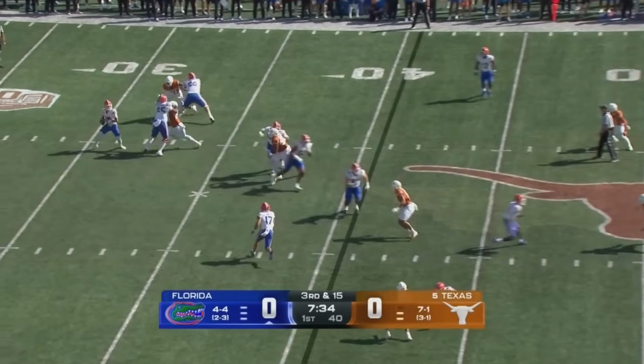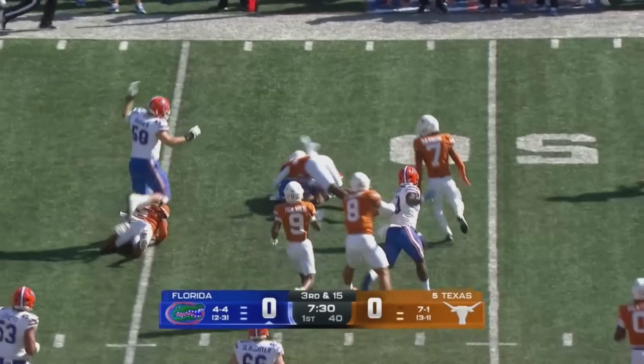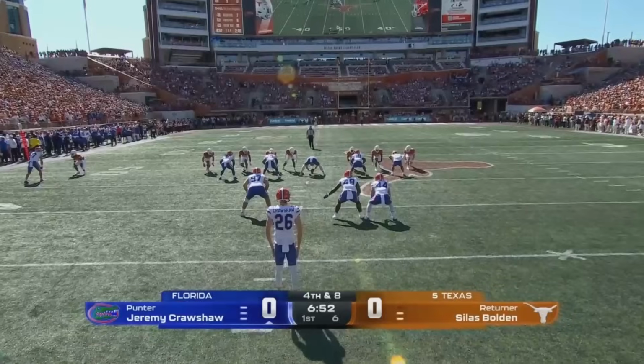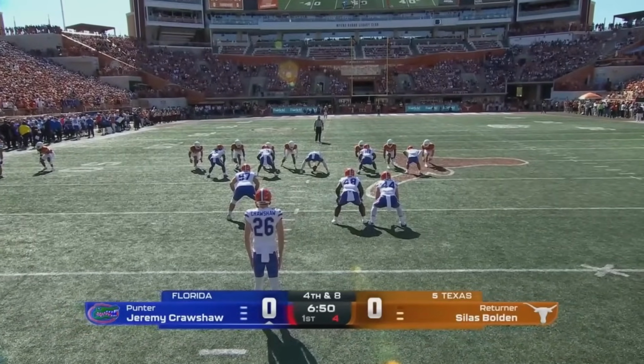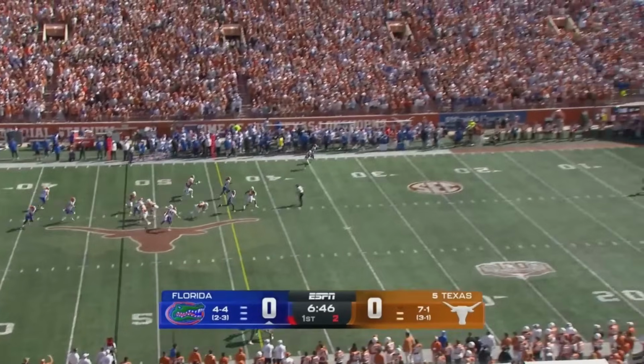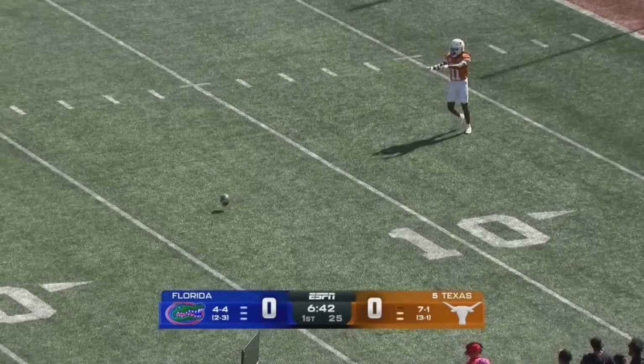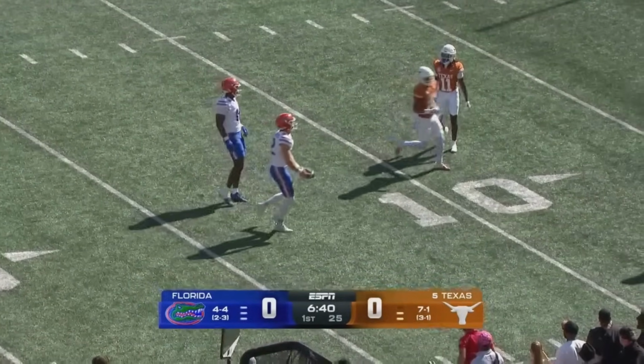4-man rush, actually 3-man rush as they drop into coverage. Shallow cross as they keep it conservative with DK. And DK turn man for Texas. There's Crawshaw looking to pin this inside the 10. It checks up just short of the 10-yard line, and that is where